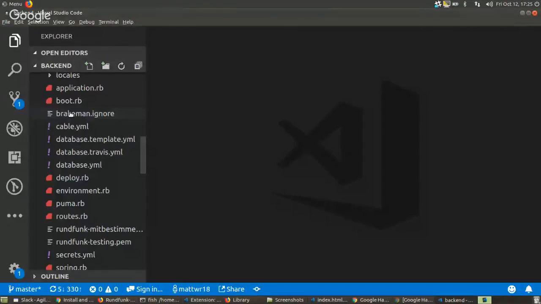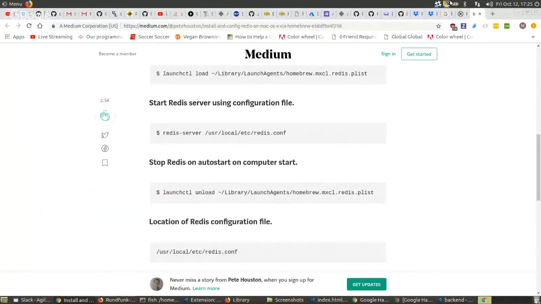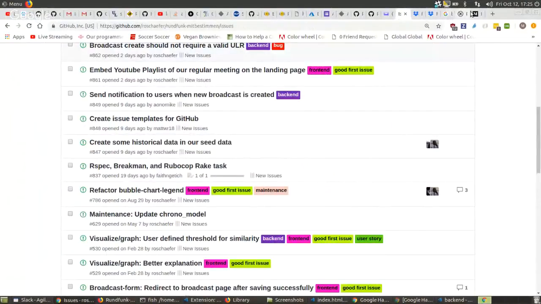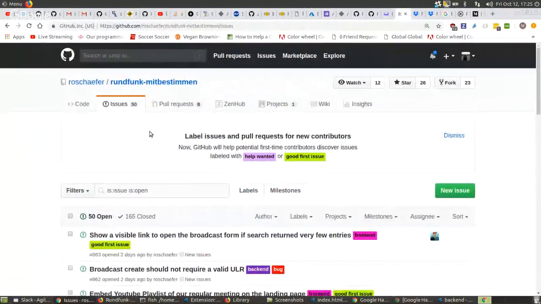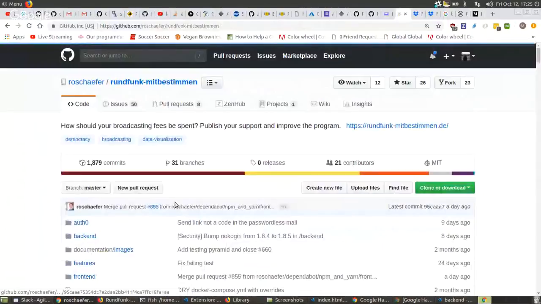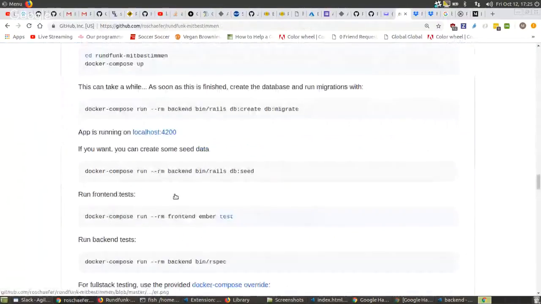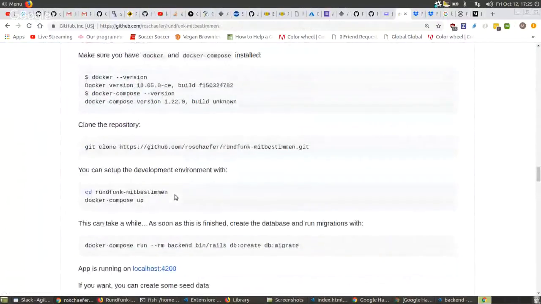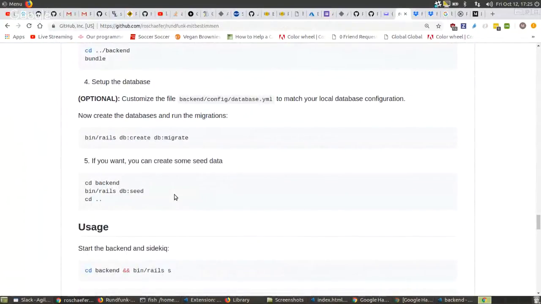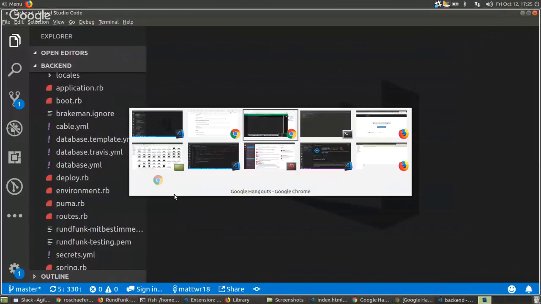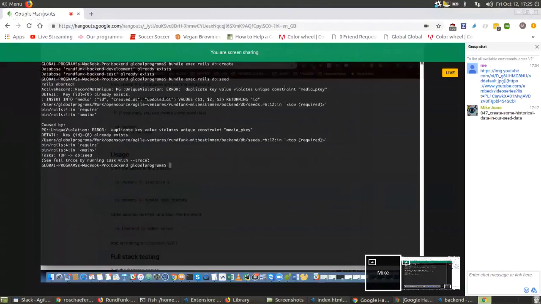And is he using bundle exec or is he using bin? So he's using bin slash Rails. Did that say it already exists?